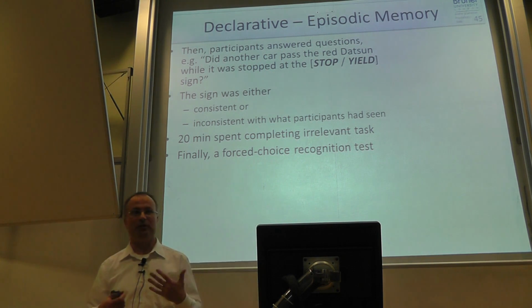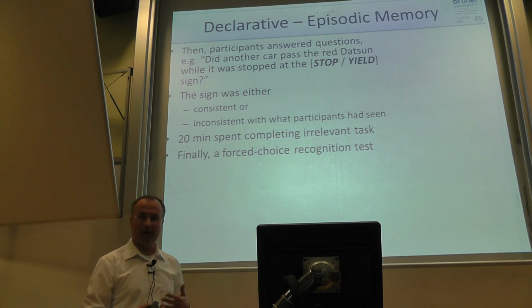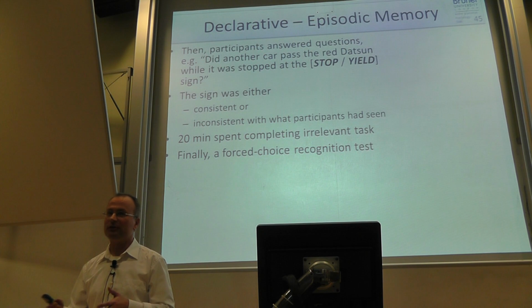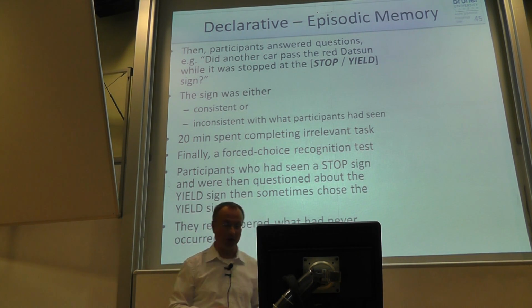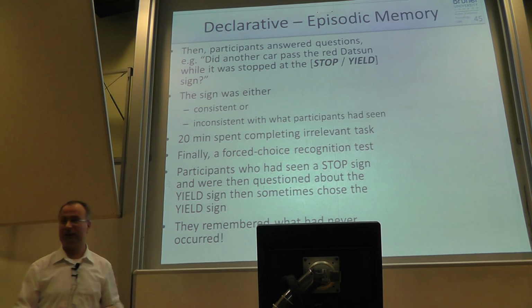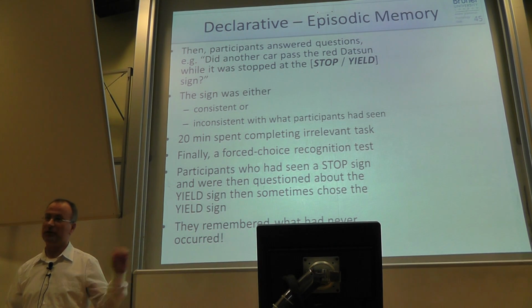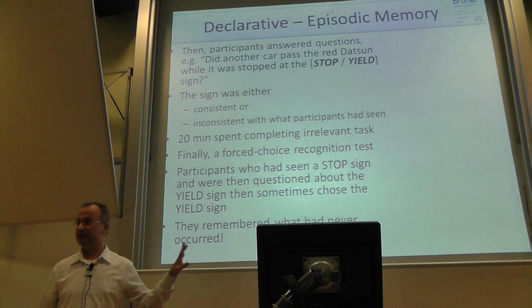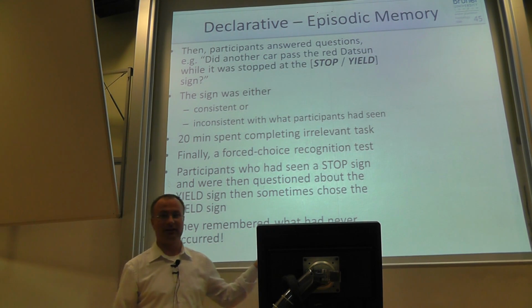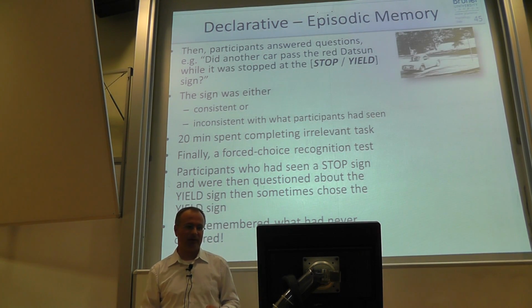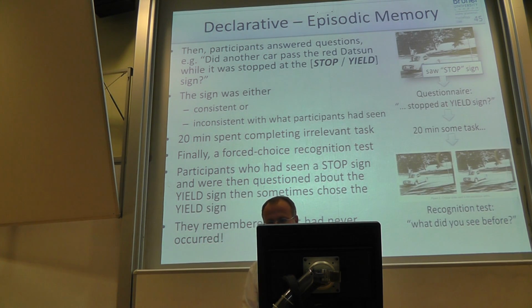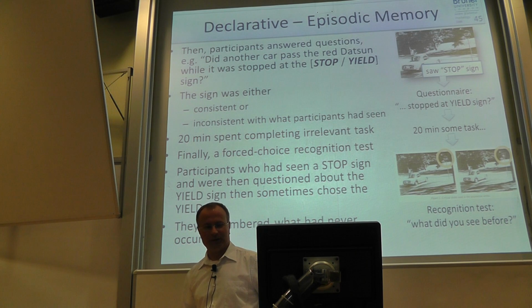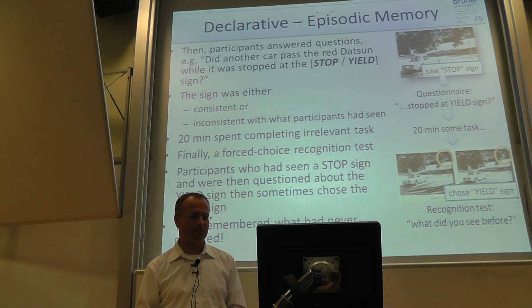The narration may contain slightly wrong information that the participants take up. So they remember something they have actually never seen, because this group never saw the yield sign, they only saw the stop sign. I think that was clear. It's basically going through it once again in a more illustrative view.